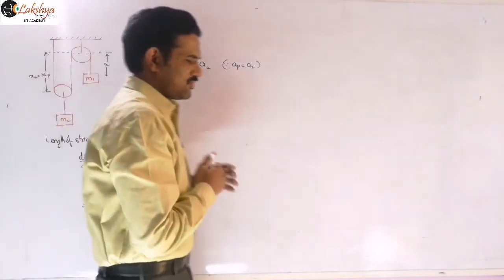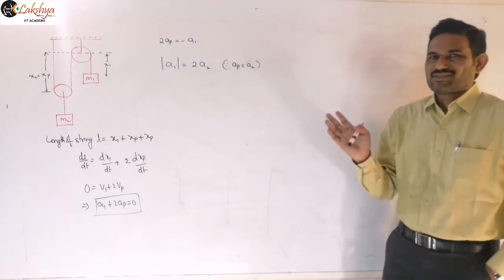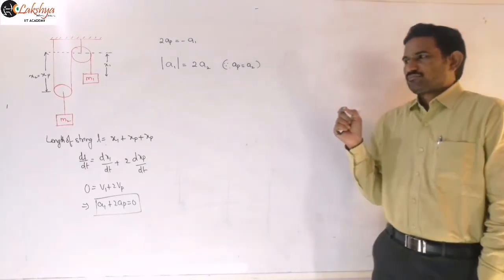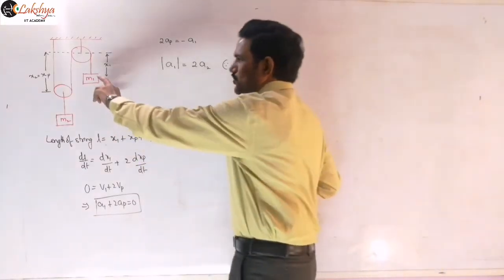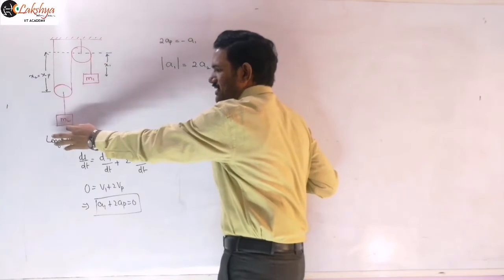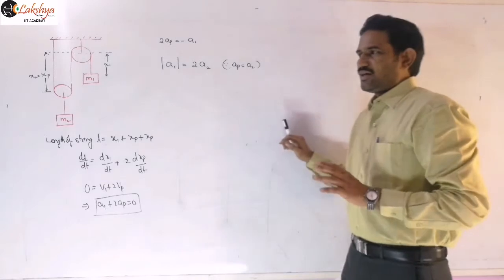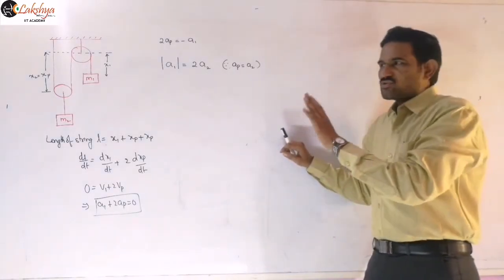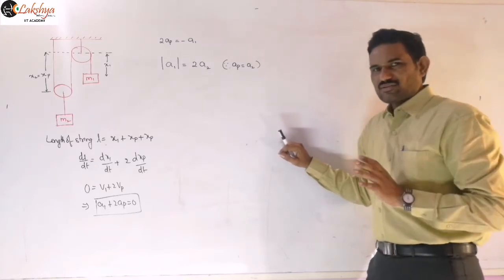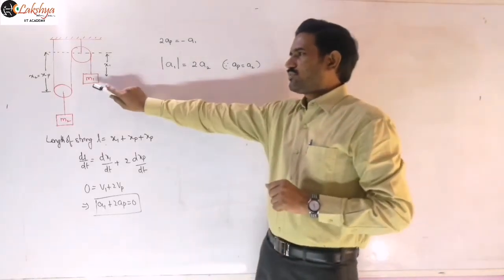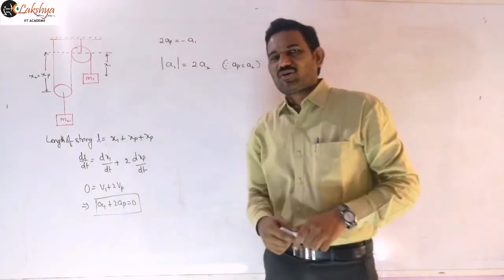And actually this problem, or this constraint relation, is important. Based on that, so many problems will be there based on this type. So remember that the acceleration of the block which is connected to the string is twice the acceleration of the block which is connected to the movable pulley. There will be a lot of problems based on only this type of constraint. So you may directly write, if you remember this, the acceleration of the block which is connected to the free end of the string, that is A1, is twice the acceleration of this block.